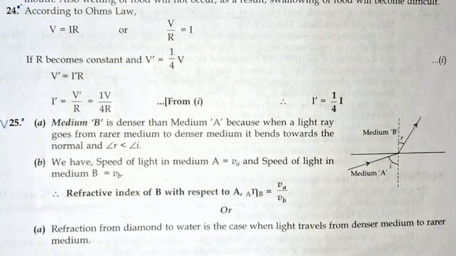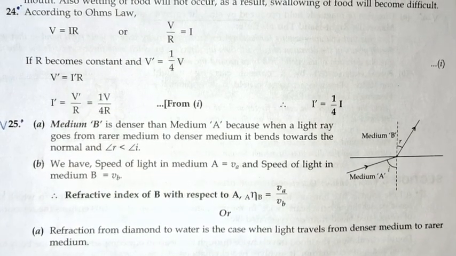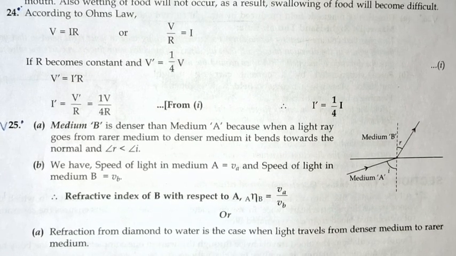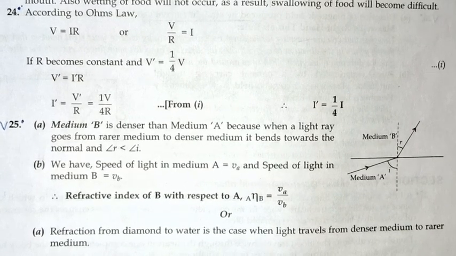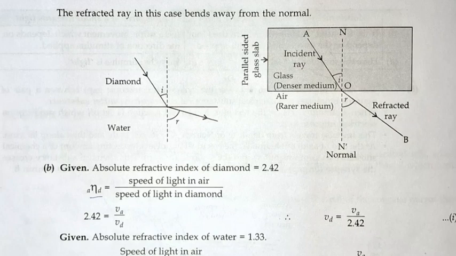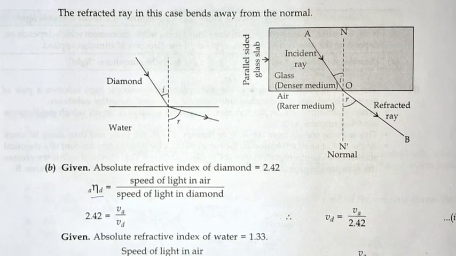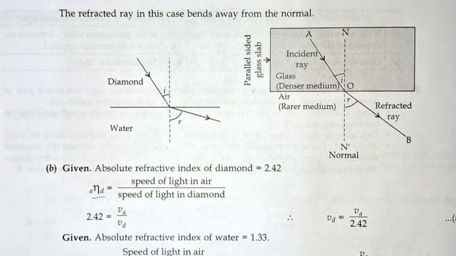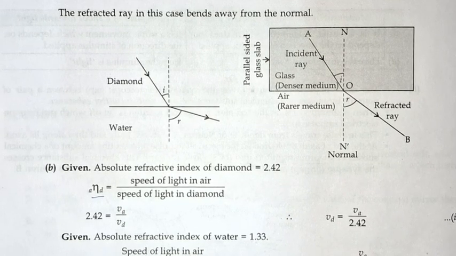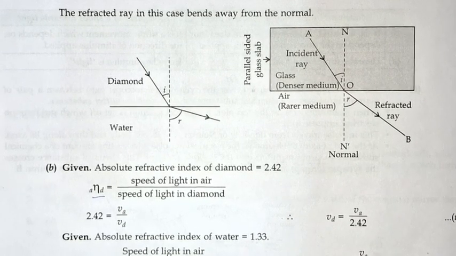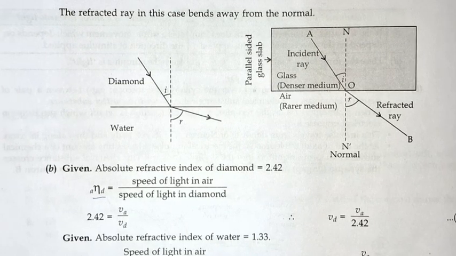Or Part A, refraction from diamond to water is the case when light travels from a denser medium to a rarer medium. The refracted ray in this case bends away from the normal, as we can see in the glass slab and in the ray diagram, which represents diamond and water. Next we have Part B,